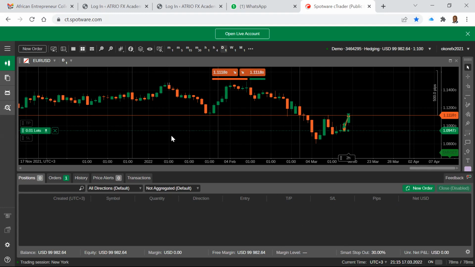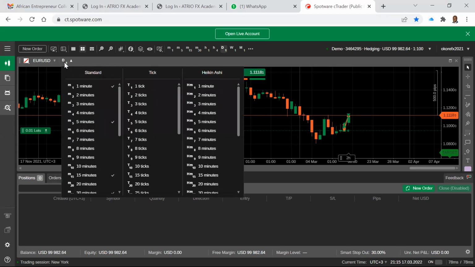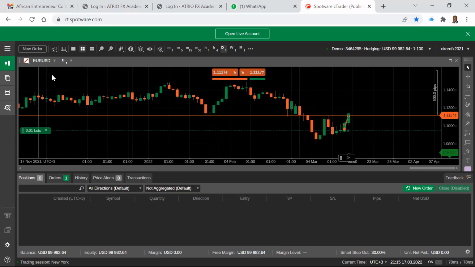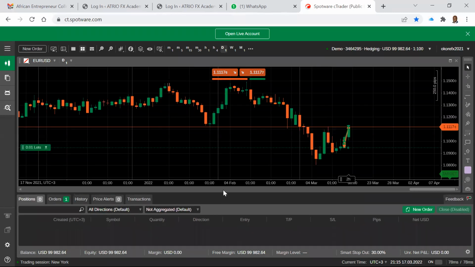Look at my cursor. My cursor is here, and I'm coming here, and I'm clicking on the time frame. So I've just clicked on the daily time frame. Okay, I can click on monthly, weekly, and so on. But I want to look at the daily time frame because there's something I want to show you guys. So on this daily time frame, let me make this bigger. So we can see that the market,